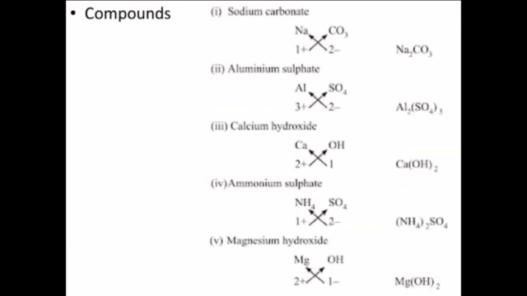Group 1, mix and crush iron filings and sulfur powder. Group 2, mix, crush iron filings and sulfur powder. Heat this mixture strongly till red hot. Remove from the flame and let the mixture cool. Groups 1 and 2, check for magnetism in the material obtained. Bring a magnet near the material and check if the material is attracted towards the magnet. Compare the texture and color of the material obtained by the groups.